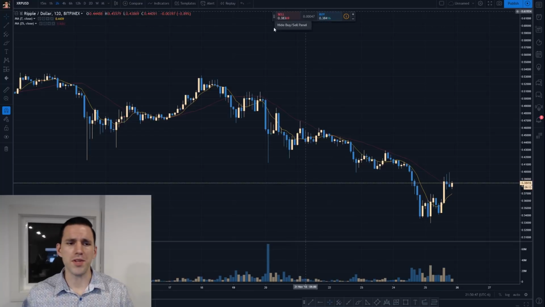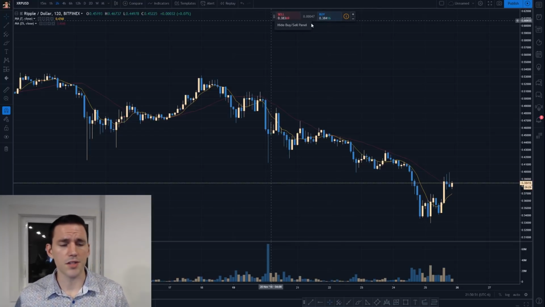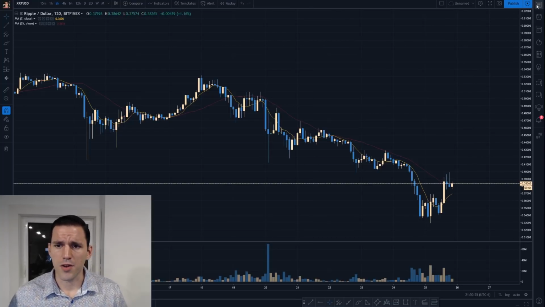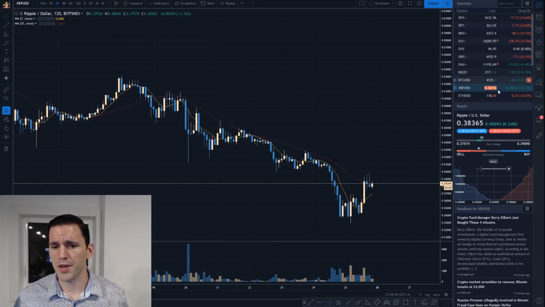How much on your screen do you need? Sell and buy panel, right? Unless you're using an API and something connected to Tradingview, I would probably just hide this, get it off my screen. Your draw panels or your expanding panels are on your right hand side here, and you can customize these